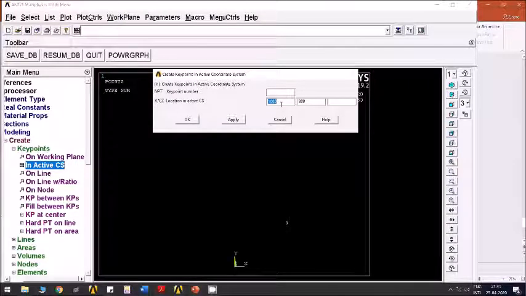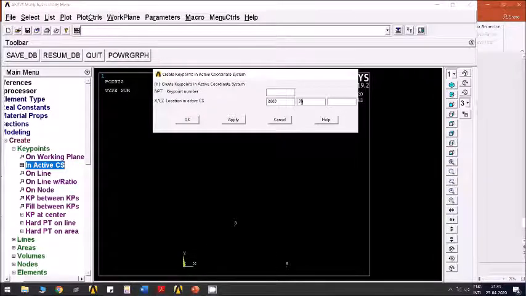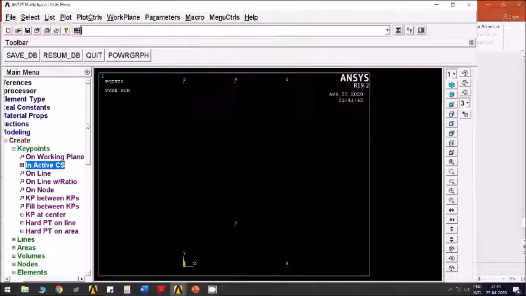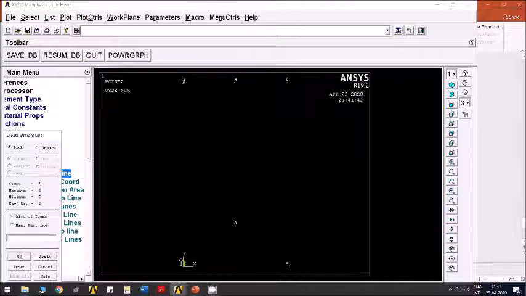And next I have to give another point at the same gap, but the distance should be 3600 now, in y direction. Next, 2000 is a x coordinate, and one point will be at 0y, and second point will be at 3600 mm. So I have to create only the vertical members because they are the axially loaded members now. So 1, 2 and 3.